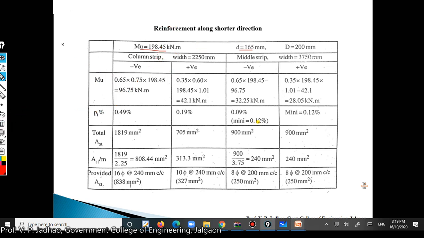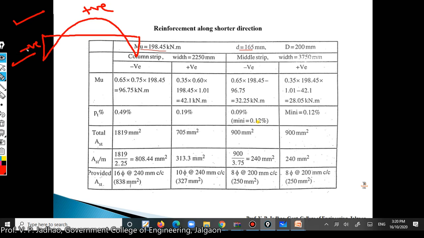This can be drawn like this also. To reduce the confusion, we can write this like this also. Okay, so negative bending moment at the end span and positive bending moment at the central span. Now, let us consider this is for the column strip. Similar behavior will be there for the middle strip also.